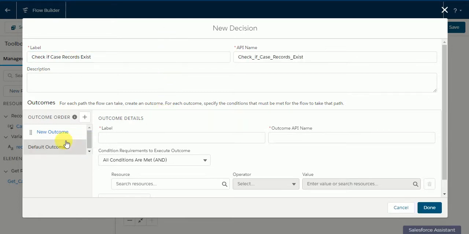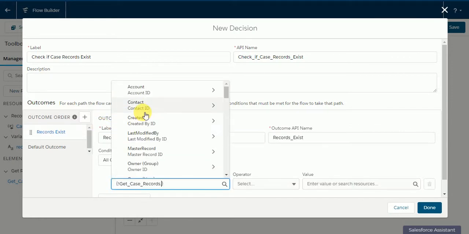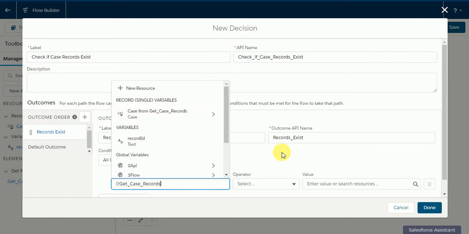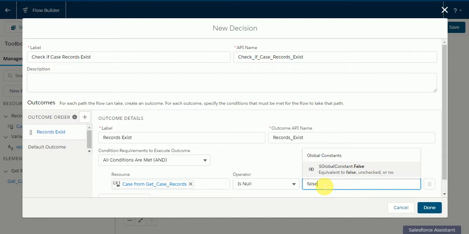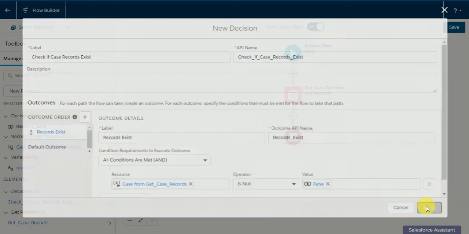And here I'm going to create a new outcome, which I'll name Records Exist. Here I'm going to check if the case record collection from Get Records is null, is false, and just click on done.